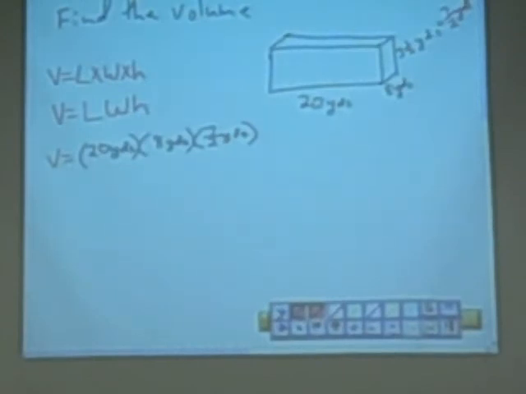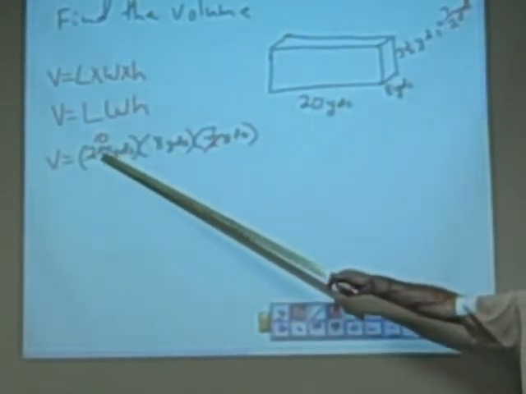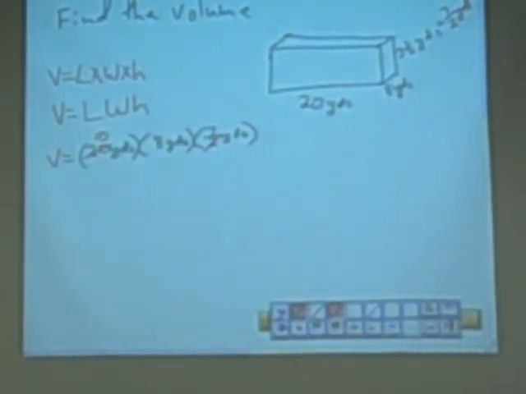Now, if you put 8 and then 20 and then something, that really doesn't matter because it's all multiplication anyways. And I like to go with 2 in the larger number. Now, you could have canceled the 2 into the 8, gotten 4, and you still would have gotten the same answer. But again, I like to go for the larger number and then just a little bit easier with the smaller numbers. Okay, and so we get a volume of what? 560, right. And an easy way to look at this